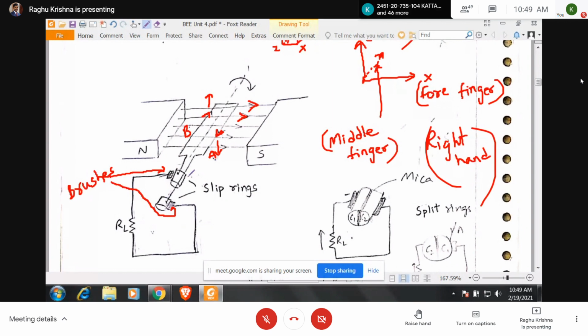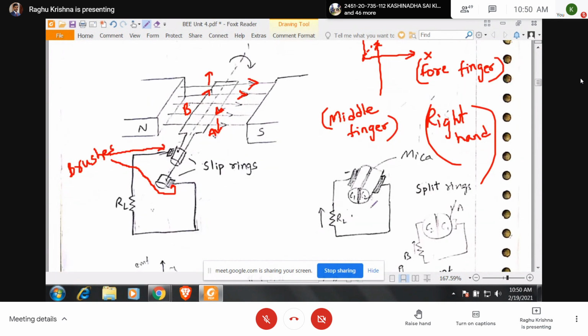now what about the nature of the voltage? So here we are going to get AC voltage, and the current is also alternating current. So with this we are going to get AC current, but what we want is DC current. How to convert AC to DC? By using a commutator. So here you can see. So before going to this, you have to know why it is AC and what will be the voltage waveform.